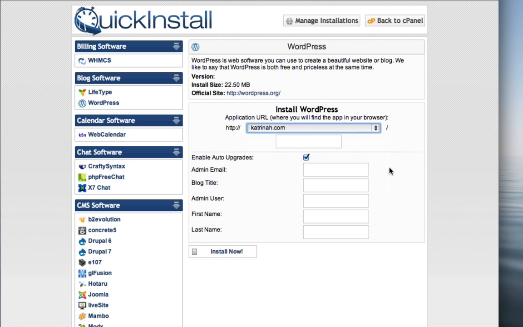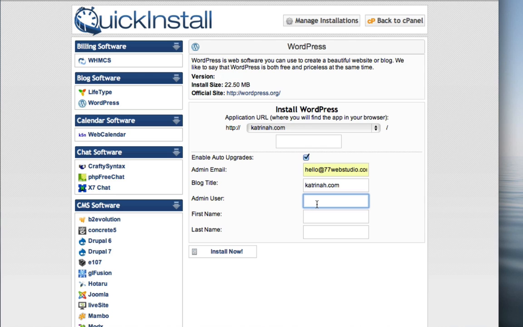And here you'll get a panel where you can decide which domain to install WordPress to. So I'm going to add the domain name where I want to install WordPress, and then I'm going to fill out this information below, starting with the admin email. So I'm going to add my admin email right there. Next, you want to give your new website a title, so I'll just call this the name of my domain. And then also you want to add an admin username.